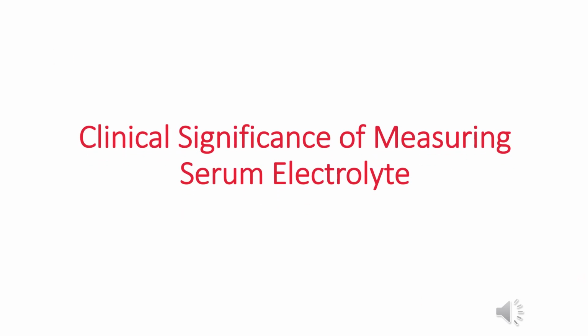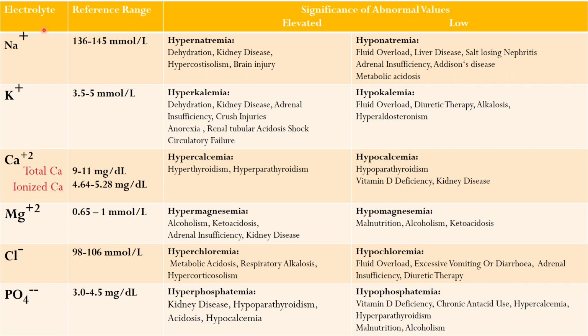So now let us look at the clinical significance of measuring serum electrolytes. So let us look at this. These are the various electrolytes, and like sodium, the reference range is 136 to 145 millimoles per liter. If the value rises above 145, it is hypernatremia, and it is caused in dehydration, kidney disease, hypercortisolism, to name a few. And if it is below 136, then it is hyponatremia, and it is seen in fluid overload, liver